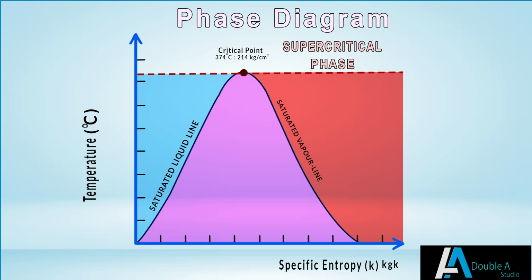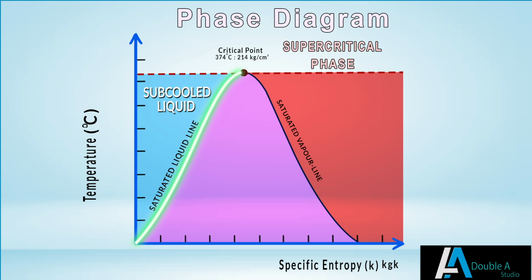Left-hand side of curve is called saturated liquid curve. This curved line separates water in subcooled liquid state and water vapor mixture or wet steam state. Topmost point of curve is called critical point. It indicates that any further addition of energy will convert liquid to dry vapor without undergoing into two-phase transition, that